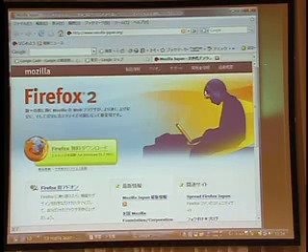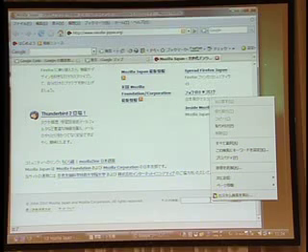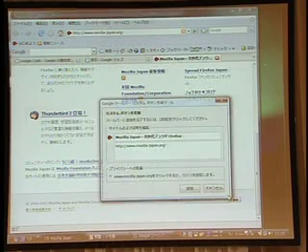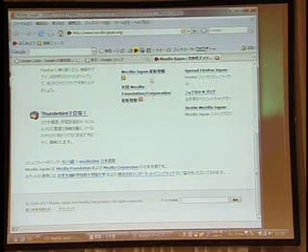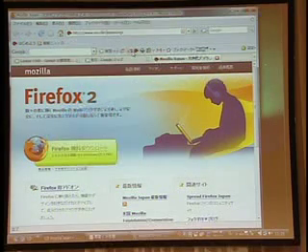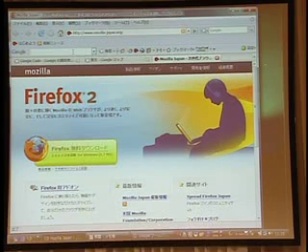The Mozilla Japan organization has this website. They provide a search box for custom search on their site. If you have a Google toolbar on your browser and you right-click, you get an item for making a new custom button. Just by doing that, as shown in yellow here, Mozilla's logo shows up here. That was taken from the favicon. A button with Mozilla's logo is added to your bar here.